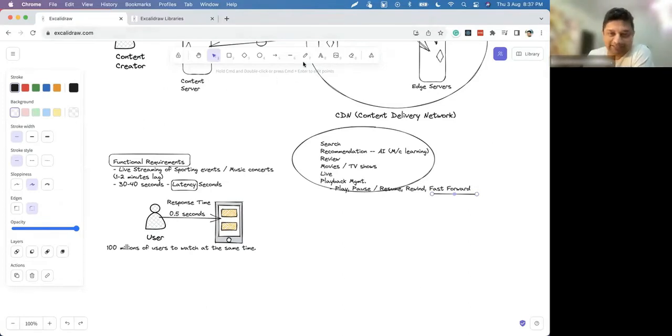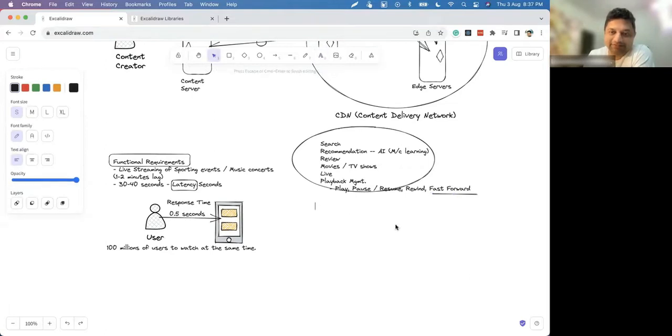Another important thing is authentication and authorization, right? You should have paid the subscription, and then only you should be able to watch it. So user verification should also be there. There should be username, password creation possibility.